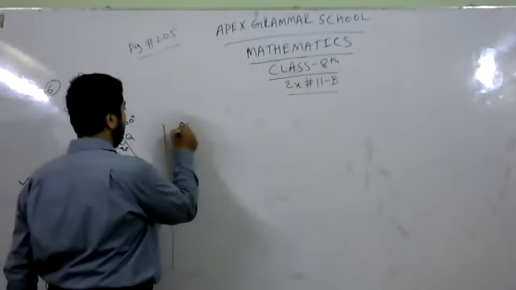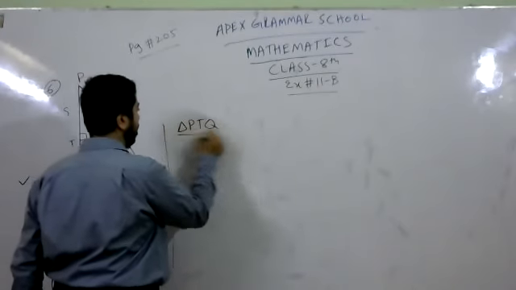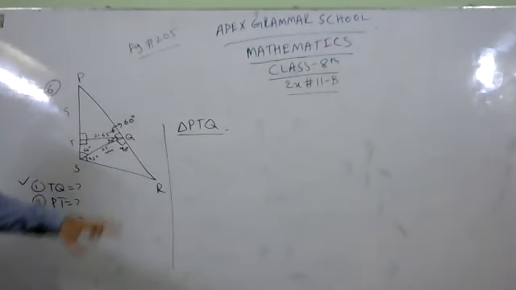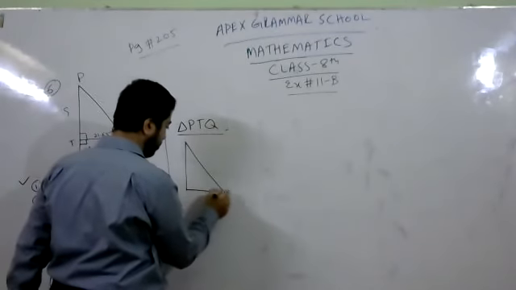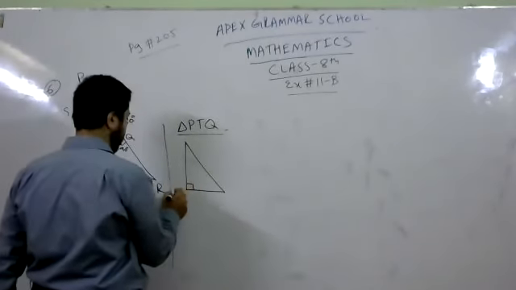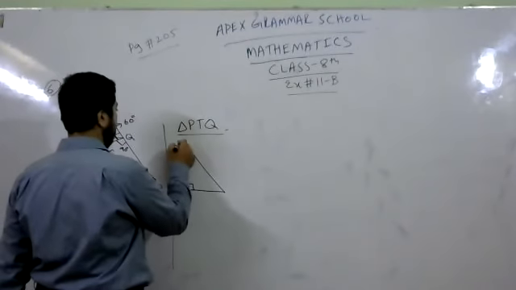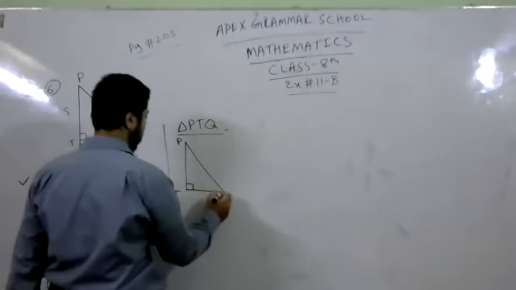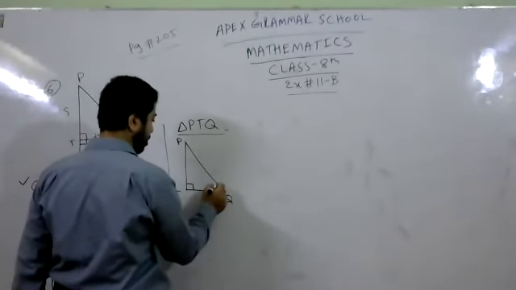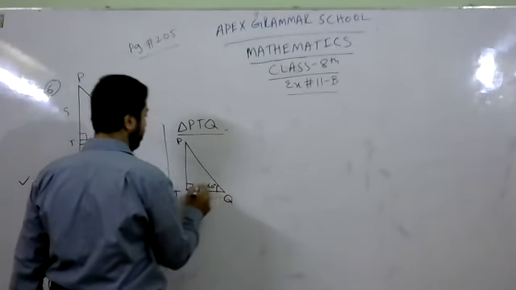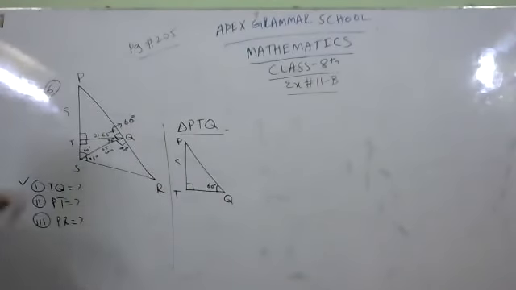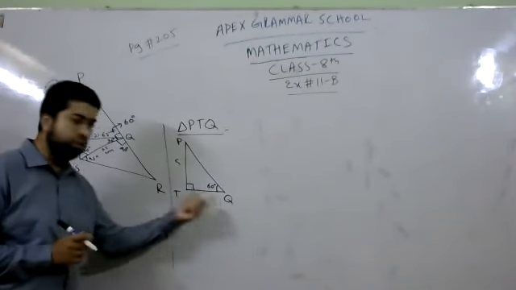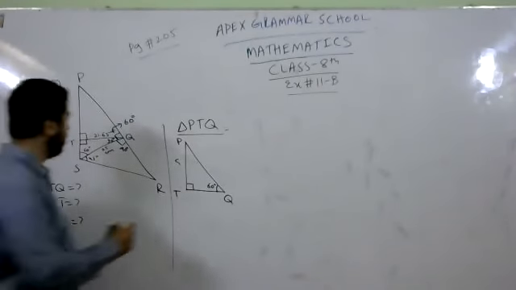So for triangle PTQ, which we are going to draw here, just like this, this is angle T of 90 degrees, this is angle P, and this is angle Q, which is 60 degrees. This side we need to find, the value of PT, and the TQ side is already given, that is 21.65